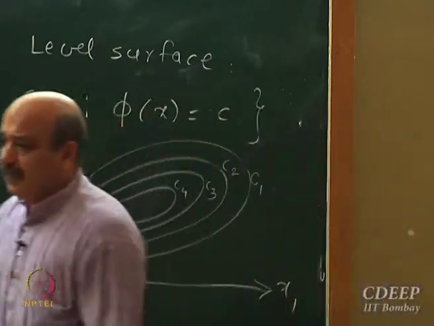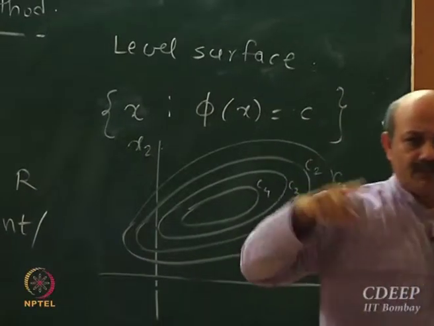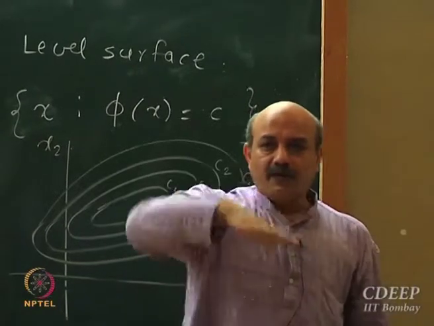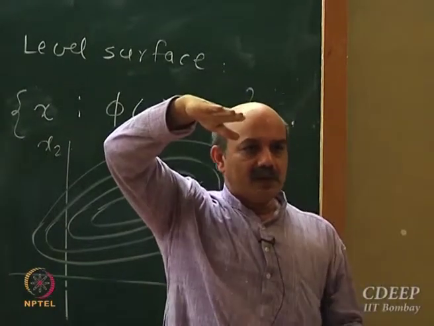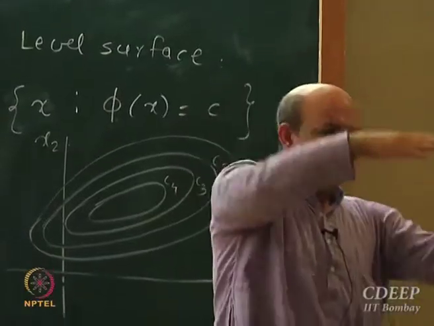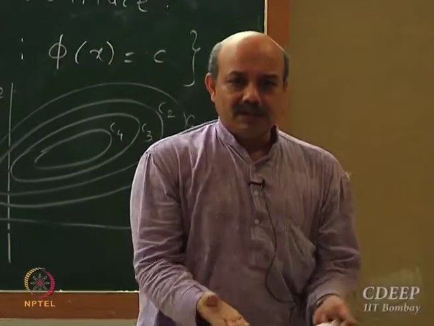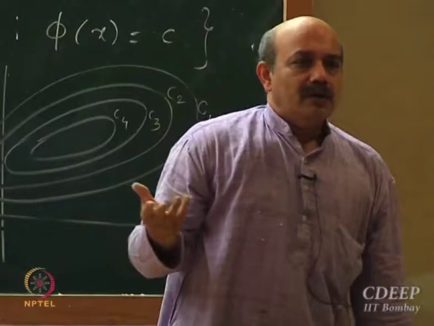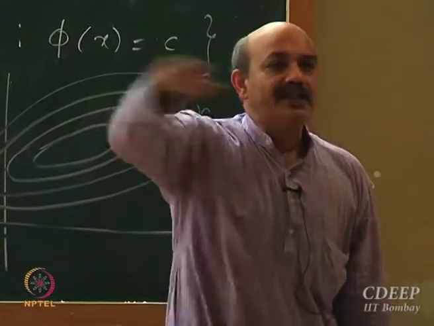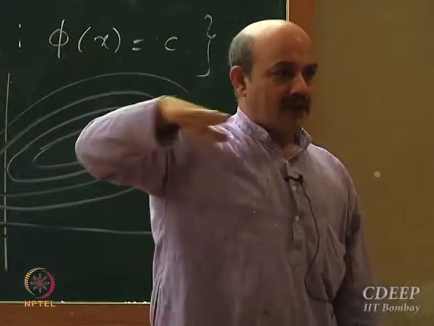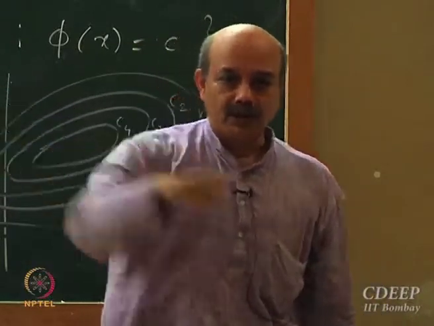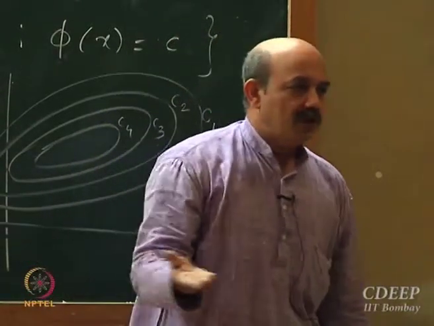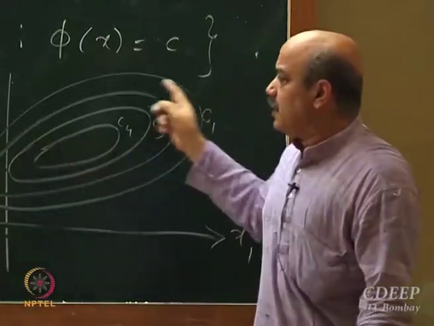See, have you seen the MATLAB symbol? MATLAB symbol is like one peak, right? Now, if you take it as an objective function, let's say take a mountain, the height of the mountain above the ground surface is the objective function. I am trying to find the set of all points where the height is constant. How will you get it? Take a plane horizontal to xy, project it onto x and y. You will get the set of all points.